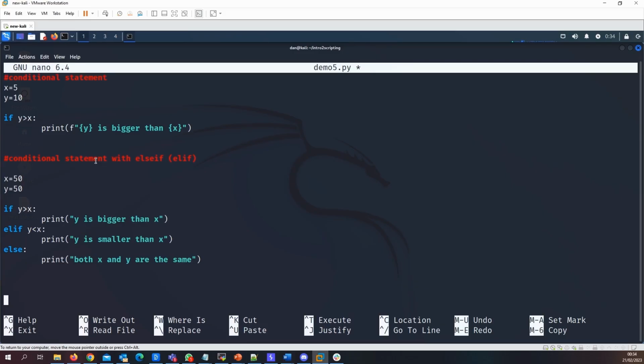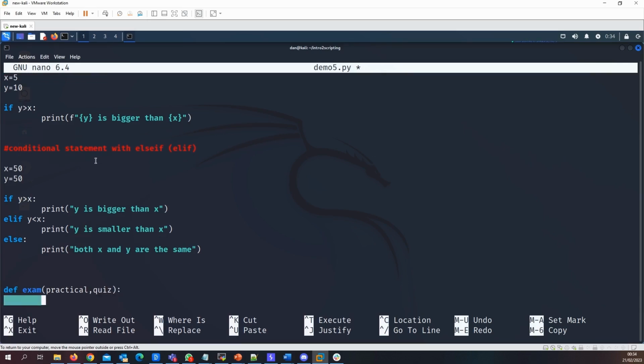In cybersecurity, there are a lot of exams, a lot of tests that people have to do. Let's come up with a function called exam. And let's say that there is a practical aspect to an exam and a quiz that people have to do as part of some kind of development. We can use our if statement and say if